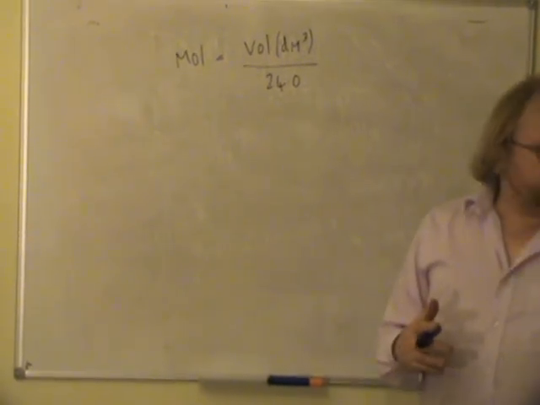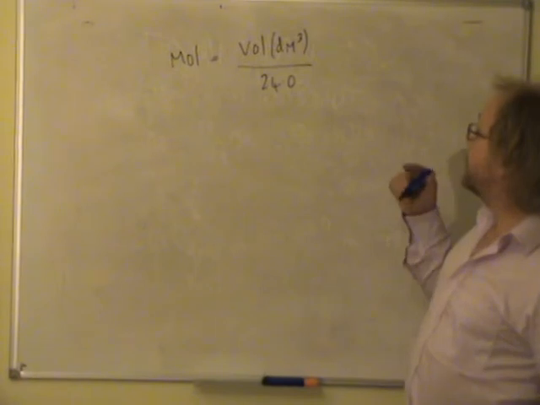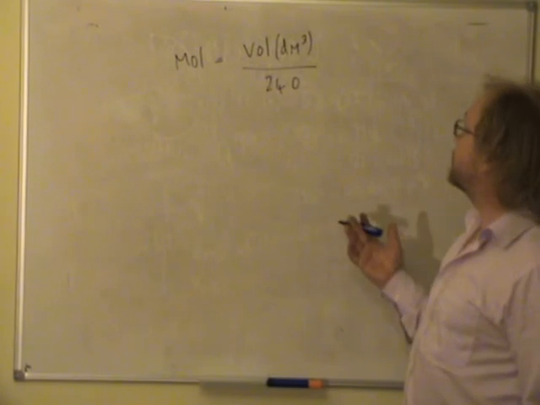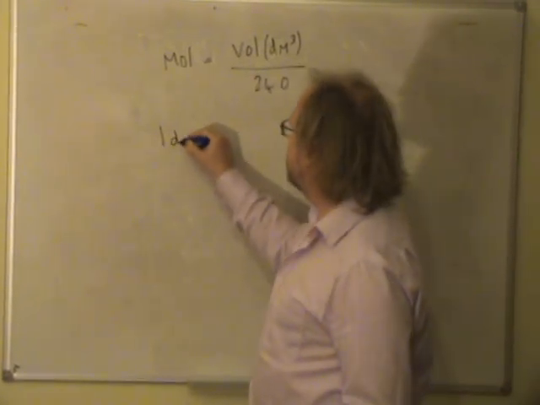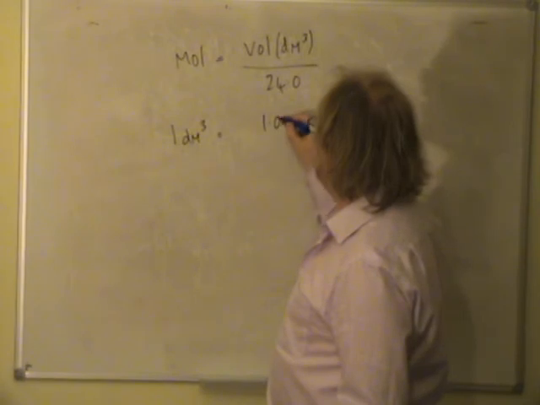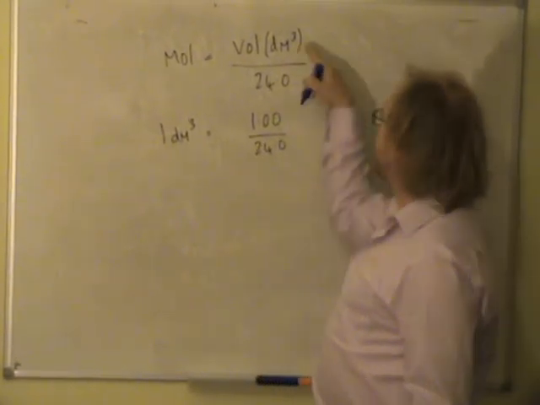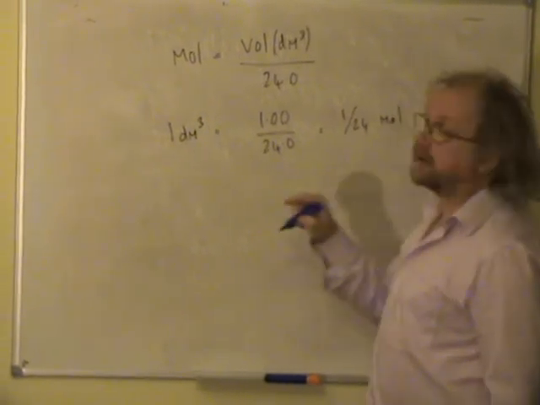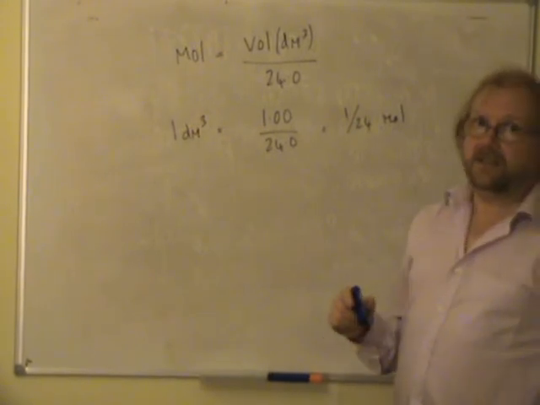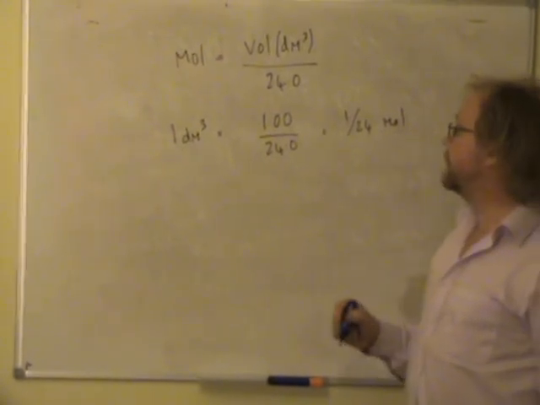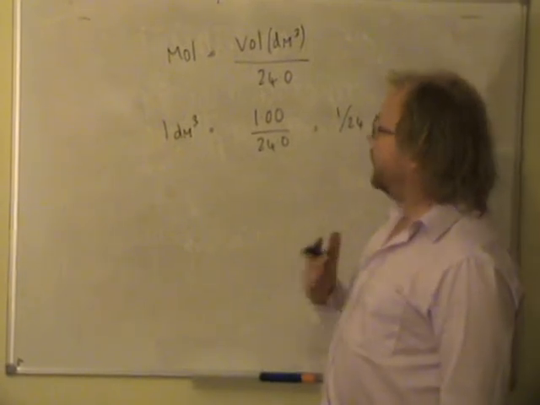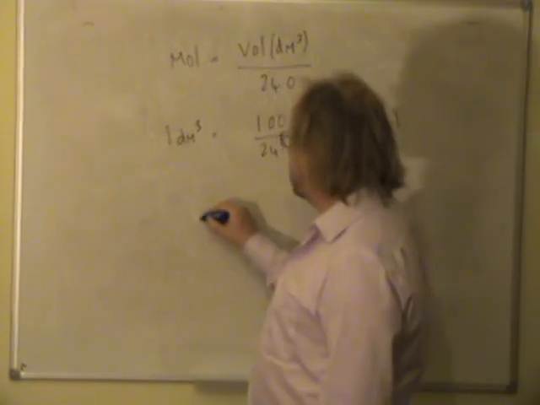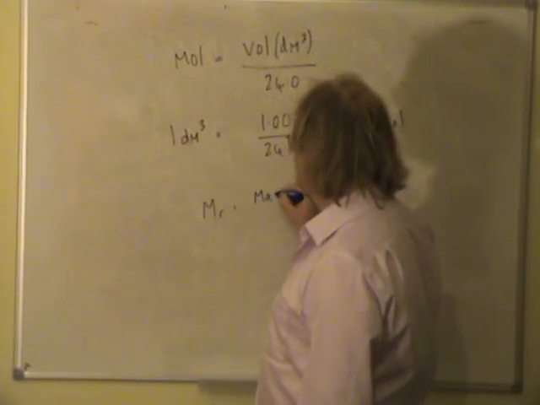So when it says that each 1 dm cubed has a mass of 1.17 grams, what we can do is figure out how many moles that is. Okay, so 1 dm cubed is equal to 1.00 over 24, which is 1/24 of a mole. You could work that out as a decimal fraction if you wanted to, although as it turns out you don't need to, so we'll just leave it like that. And then you say, okay, now we know how many moles we've got, and we know the mass, so we can just go MR is equal to mass over moles,